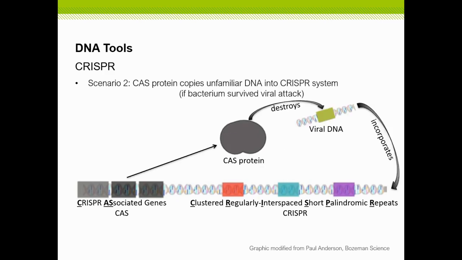The second scenario is if the virus attacks it, and then we have the viral DNA, and that viral DNA is not familiar to the bacterium. Well, the bacterium might still be able to take out that viral DNA and might be able to fight it off. If it does, not always, but if it is able to do that, it's going to then take that viral DNA and incorporate it in its CRISPR system, so that all the progeny, all the offspring of that bacteria, once it divides for many generations, every bacterium that's developed from that bacterium thereafter will have it in their CRISPR